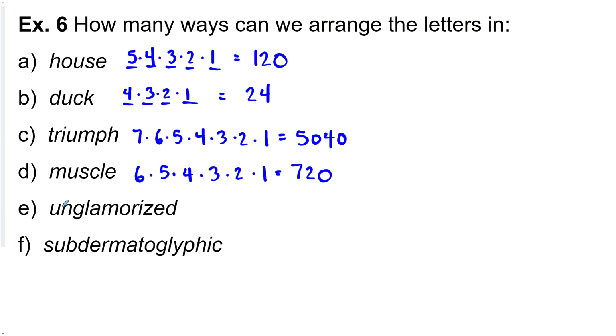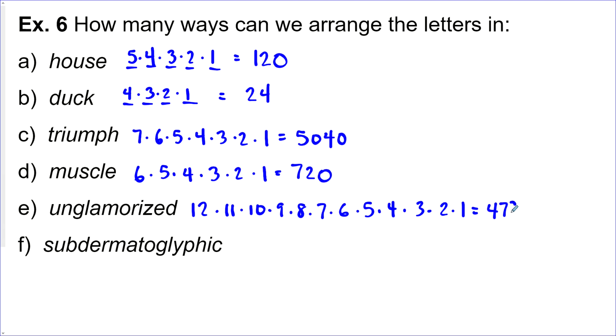And the next word, 1, 2, 3, 4, 5, 6, 7, 8, 9, 10, 11, 12. 12, 11, 10, 9, 8, 7, 6, 5, 4. Okay, now that's a lot of numbers, but we get